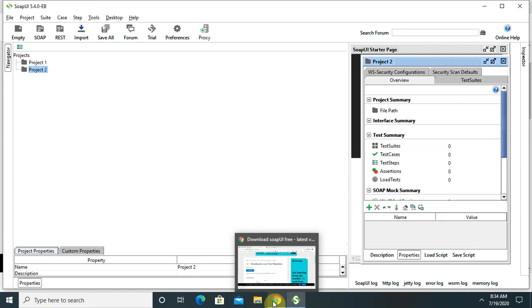SOAP UI functional tests verify that an API or web service follows the required business logic. In general, a test simply sends a request and checks if responses meet your expectation. Usually the test consists of a number of requests or steps that simulate real user behavior. On each step, an assertion checks that the service works as expected and returns the needed response. By using data-driven loops, it is possible to reuse the same test steps with different data to make sure that the tested service handles it correctly.